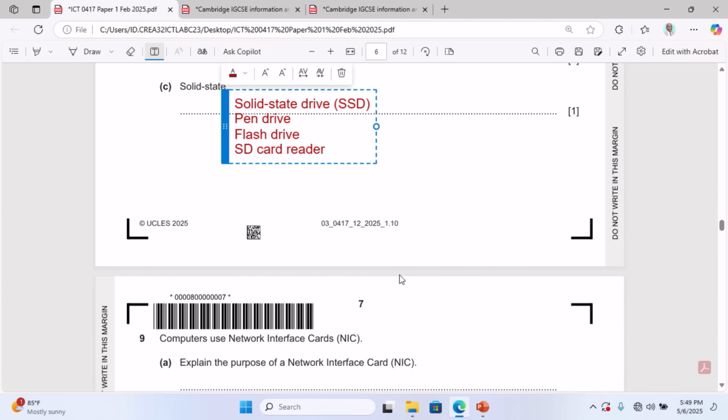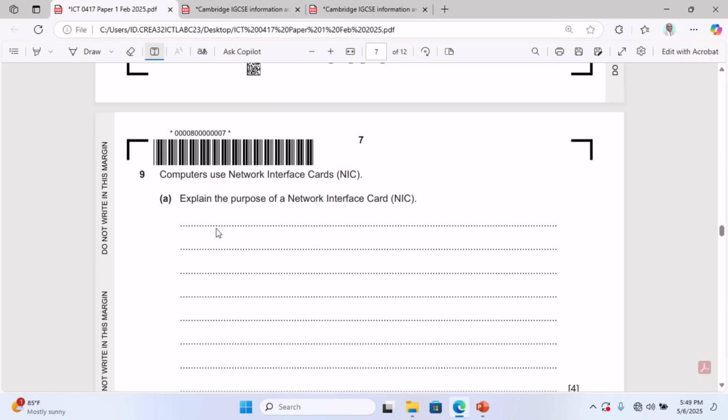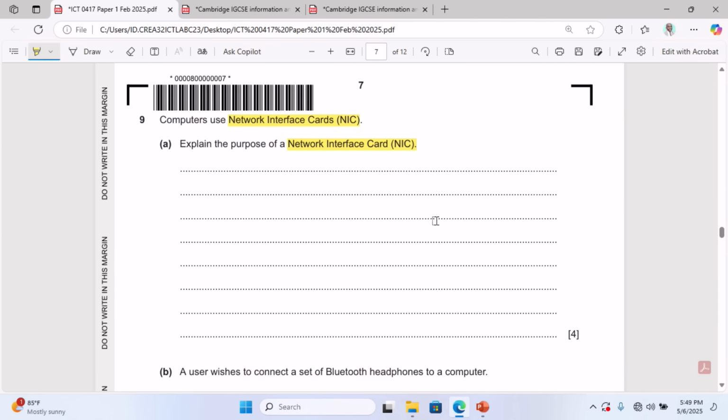Okay, so question 9, this is on chapter 4, computer networks and its effect. So the question is saying that computers use NIC, that is network interface card. Explain the purpose of NIC. You know, NIC is a piece of hardware, okay, that is built for the purpose of allowing a computer to connect to a network. So if they ask you, you can simply say,